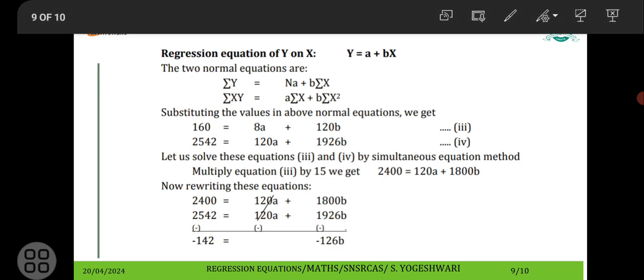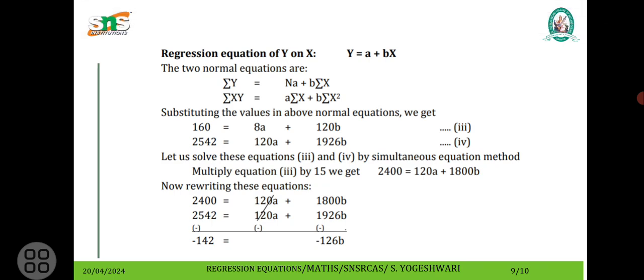Now rewriting these equations, we have 120a plus